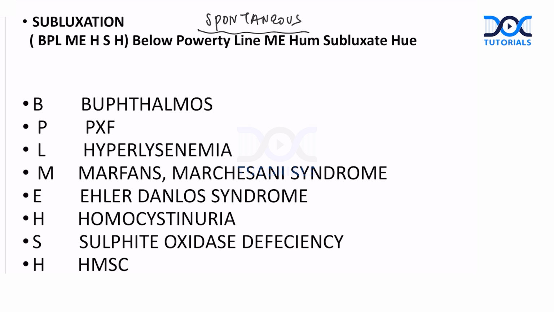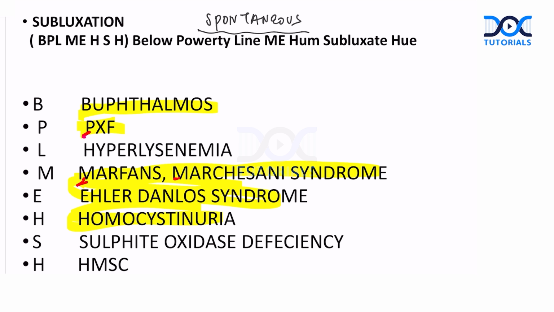So, this can be very easily learned with a mnemonic. That's a Hindi mnemonic, guys. If you can manage with that, below poverty line may hum subluxate hue. So, this is related to subluxation, that I have gone so poor, below poverty line, and I subluxated. So, if you can remember this much, good enough. If you can't, you have to remember at least this. So you will say, ma'am, you are marking the entire thing. Yes, I am. Okay. So every word is a question here.